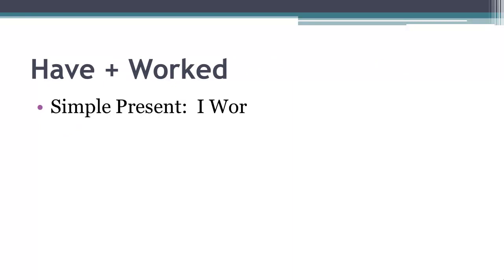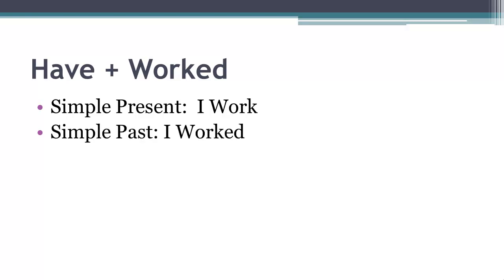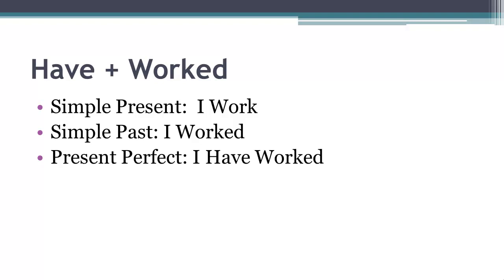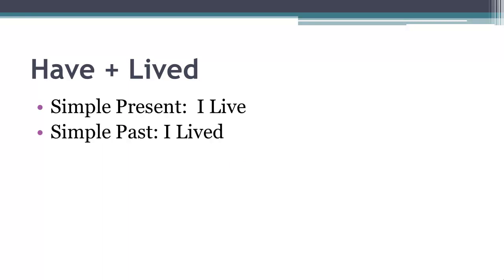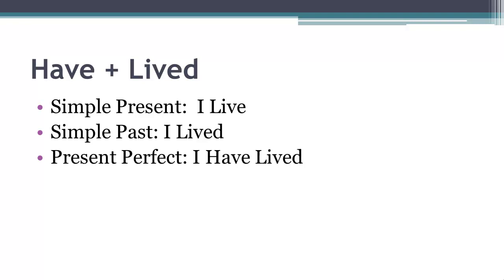So in the simple present, you would say I work. In the simple past, I worked. And then in the present perfect, we would say I have worked. So the past participle is conjugated just like the simple past with regular verbs, as in lived. So we'd have in the simple present, I live, simple past, I lived, and in the present perfect, I have